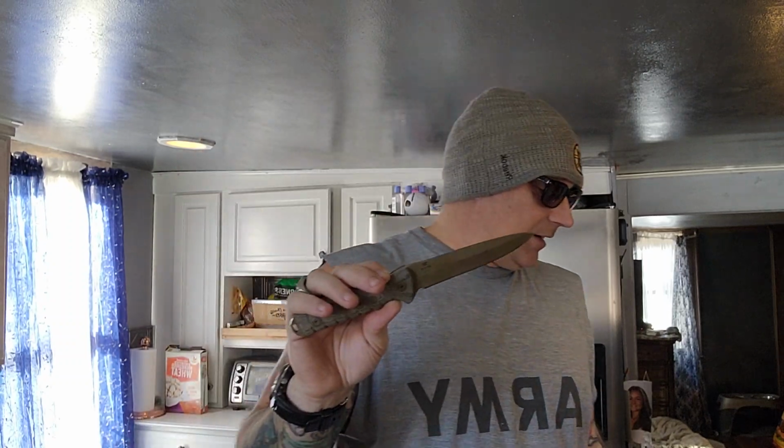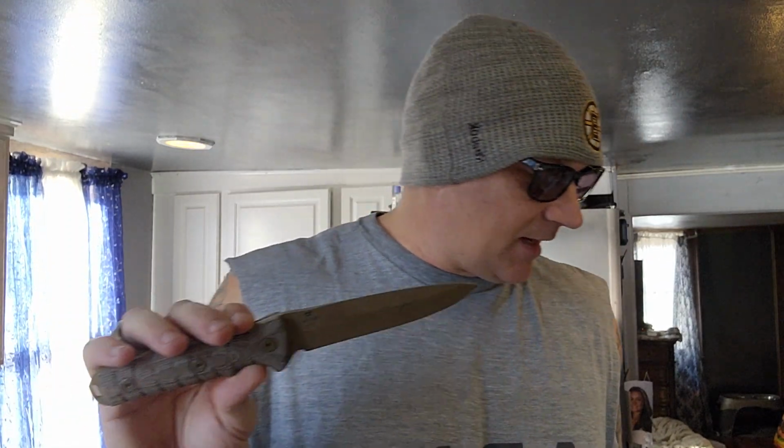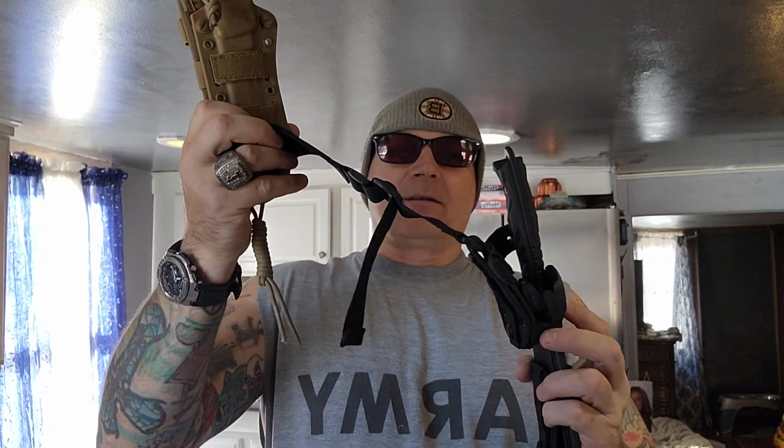This is going to be a combat stay alive knife. And stay alive person to person, not stay alive when you're trapped in the woods. So there's a big difference in where you're going to survive and how. This thing is awesome. You'll notice all this rigging, like a lot of the MPs and officers do,